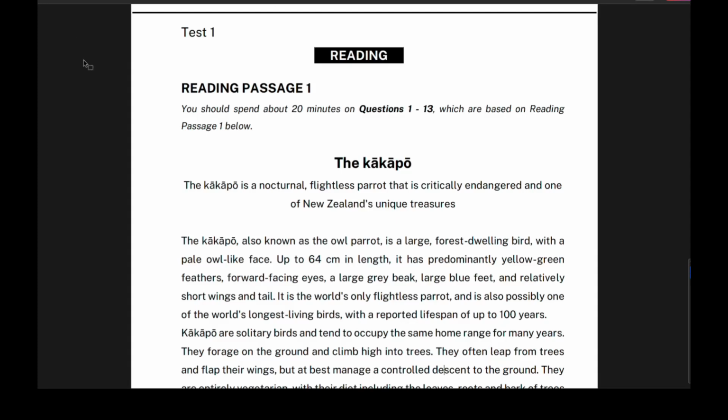IELTS academic reading is quite a challenge. Let's discuss how you should approach the exam, how you should attempt it. The first thing I want you to always keep in your mind is that you are not there to solve all the 40 questions,